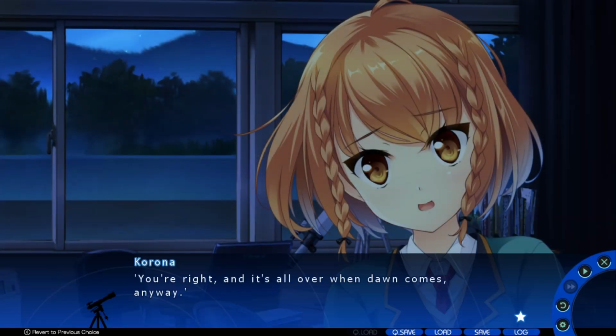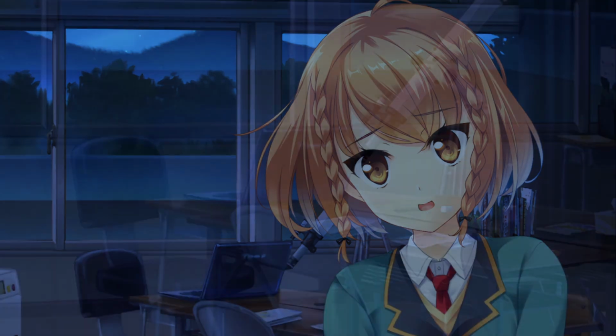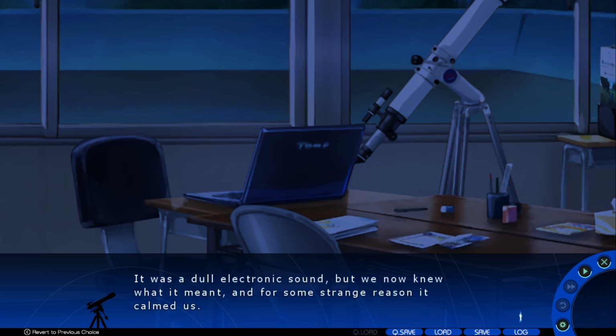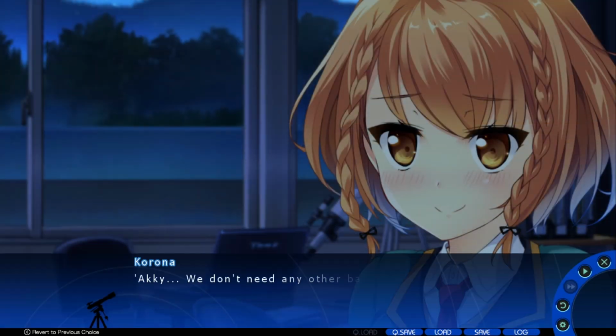そうだね朝になったら星降る夜も終わりだろうし Until then, let's keep listening to the sound of the meteors. I turned up the volume on the speakers. Intermittently, we heard the sound of meteors' echoes. It was a dual electronic sound, but we now knew what it meant, and for some strange reason, it calmed us. アキ兄にBGMなんていらないね